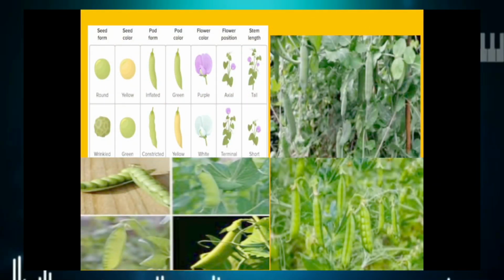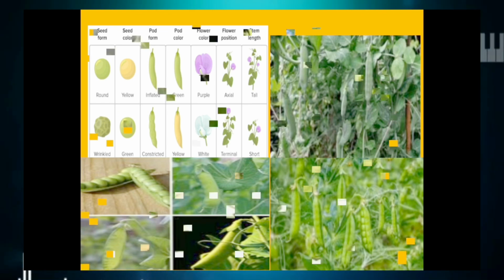Seed form: round or wrinkled; seed color: yellow or green; pod form: inflated or constricted; pod color: either green or yellow; flower color: purple or white; flower position: axial or terminal; stem length: tall or short. So these are the different kinds of peas.